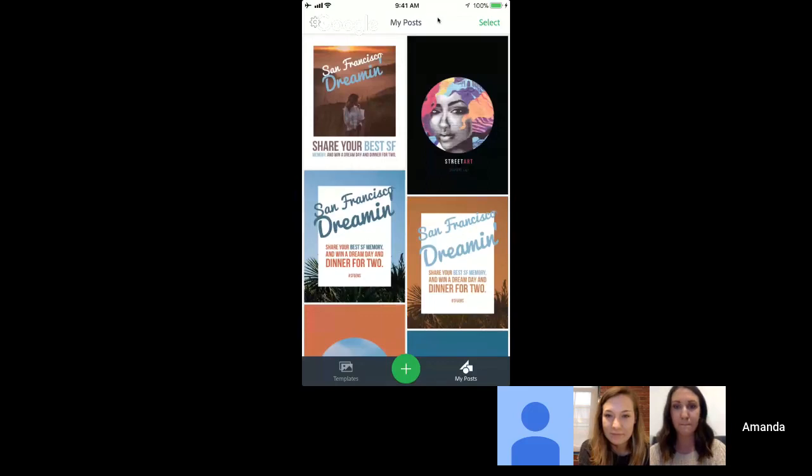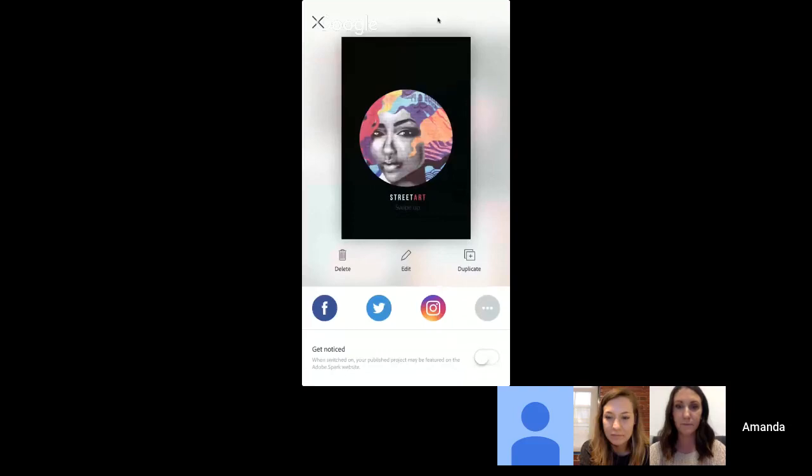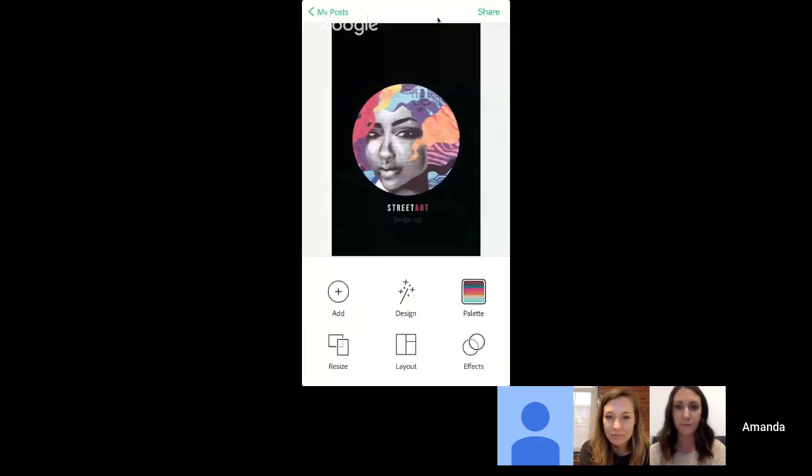Rachel's trying to promote different kinds of hidden SF gems. And so a really great way to tease sections of that guidebook could be to take one of those gems out and focus on it in a story. So she's created this street art graphic in Instagram story size, and is just working with it right now. One thing that she might want to do is add a call to action to the story to get people to engage with the